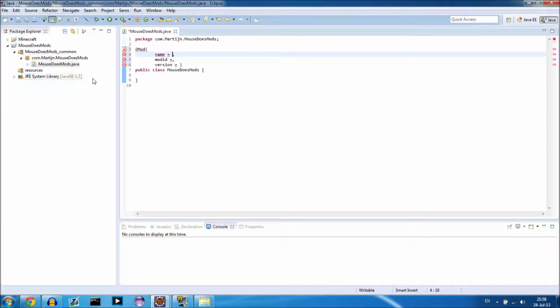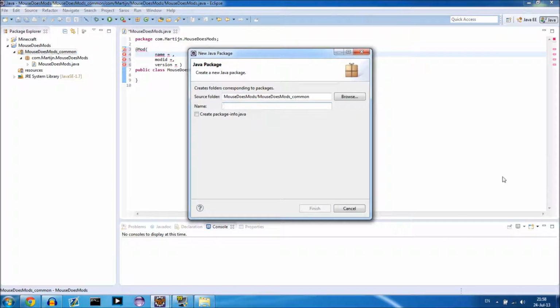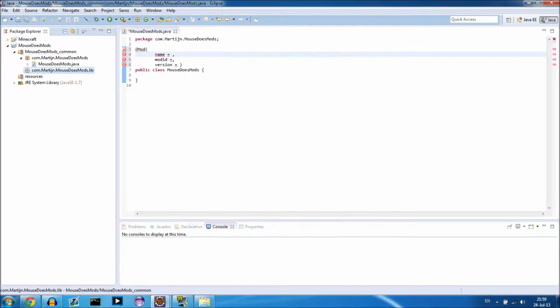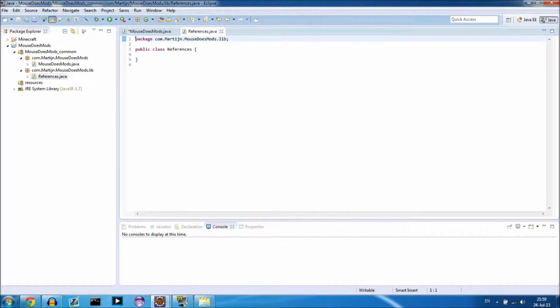So in order to keep it clean, I want to create a new package. Right click your main folder, your common folder, and create a new package called com.martijn, my name, .mouse.mods.lib, and lib stands for library. So we want to create a new class here, References. This is going to hold all the references for our mod. So let's create a new field, constant: public static final String MOD_ID. This is going to hold the constant mod ID, which is going to be